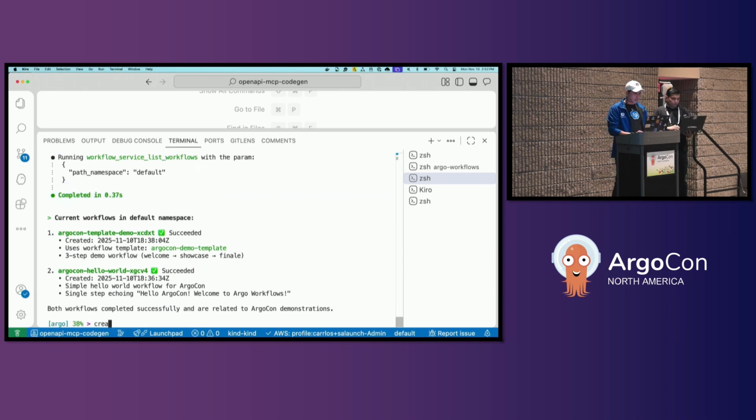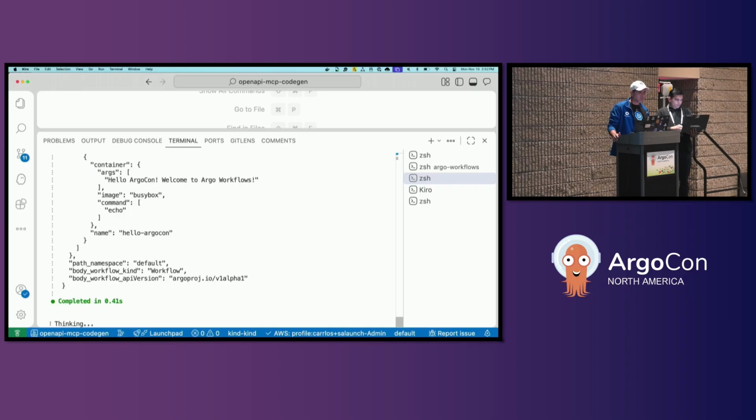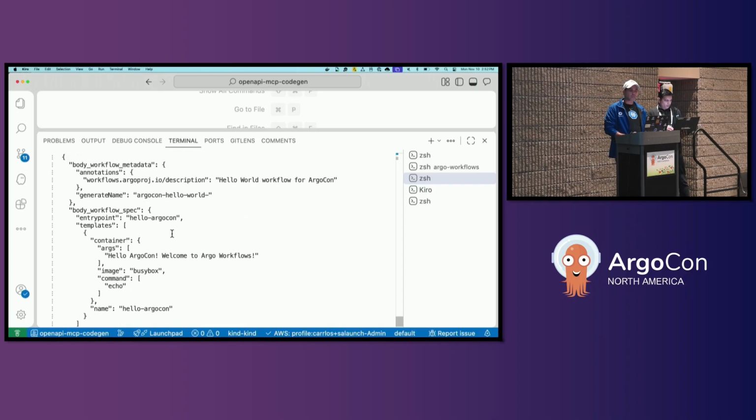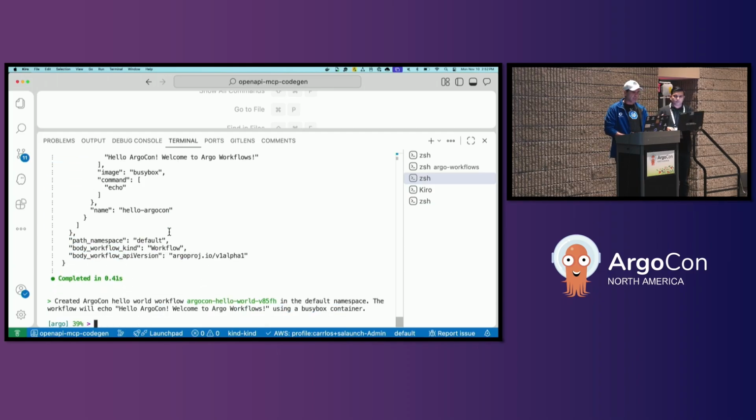I can say create a workflow of hello world, if I can type, for ArgoCon, right? Actually, internet is up. I'm surprised. So this is, right, it creates an Argo workflow. It creates the spec, it sends that submit, and it's created. I can do show an example